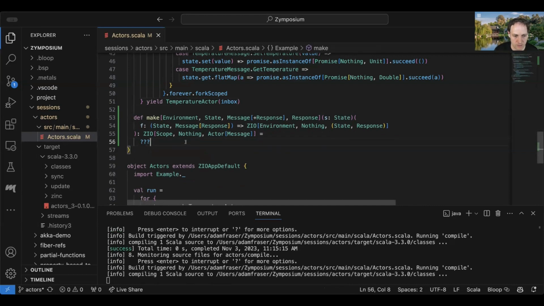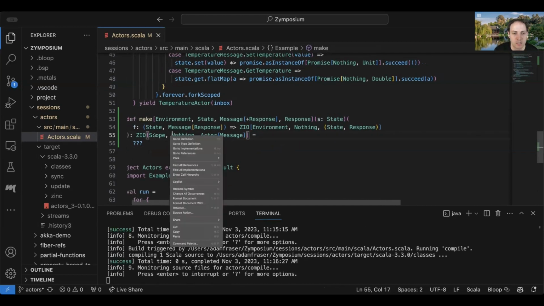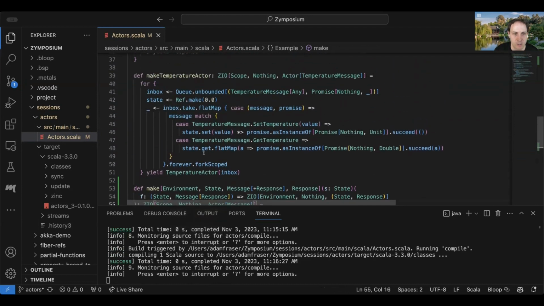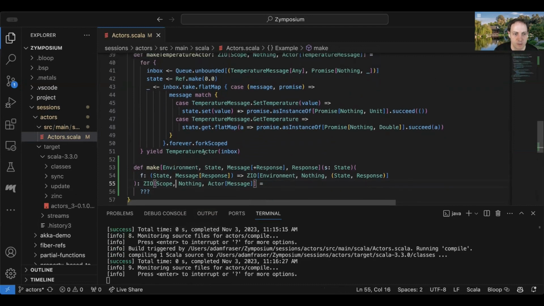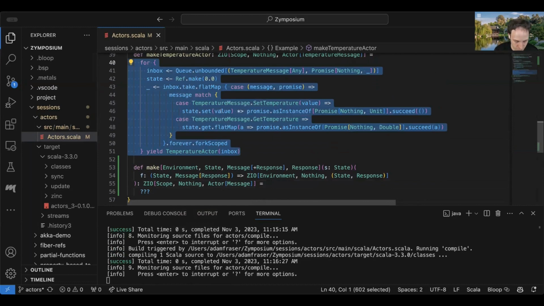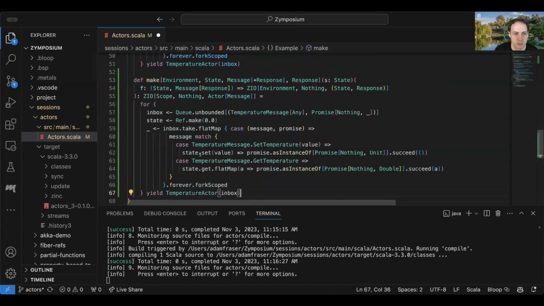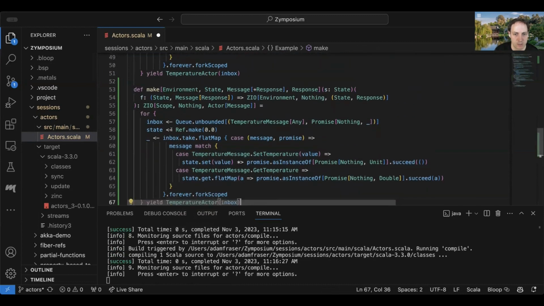So let's go ahead and let's now see if we can actually implement some of this. So I think I'm going to start by just copying and pasting my code here. And then I'll try to generalize this a little bit. So basically, maybe I'll call this Q. So we're still going to make a Q. And instead of being temperature messages, it's now going to be this generic message type.